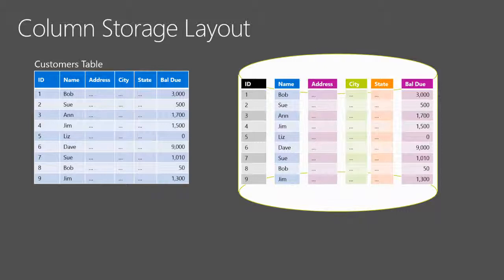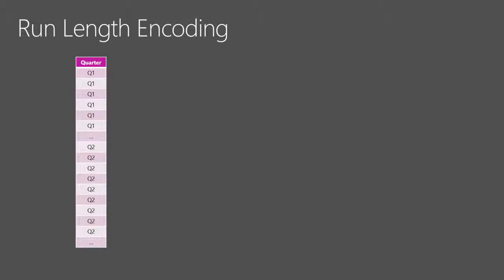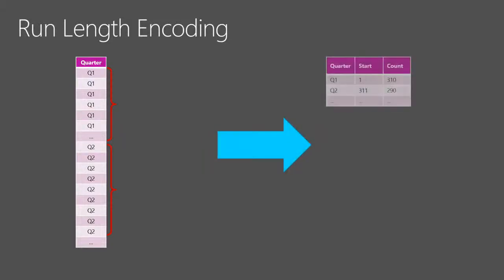So Vertipaq uses this organization in memory using compression. What does it mean? Data are compressed. And when you have, for example, data for a column, imagine you have the quarter column in a date table, and you have quarter 1, 2, 3, 4, and nothing else, because you have only 4 quarters. So chances are that you have several contiguous rows with the same value. And the compression that Vertipaq uses stores data trying to reduce the number of rows, writing, for example, only Q1 starts at row 1 and is repeated 310 times. The same for Q2 and so on.